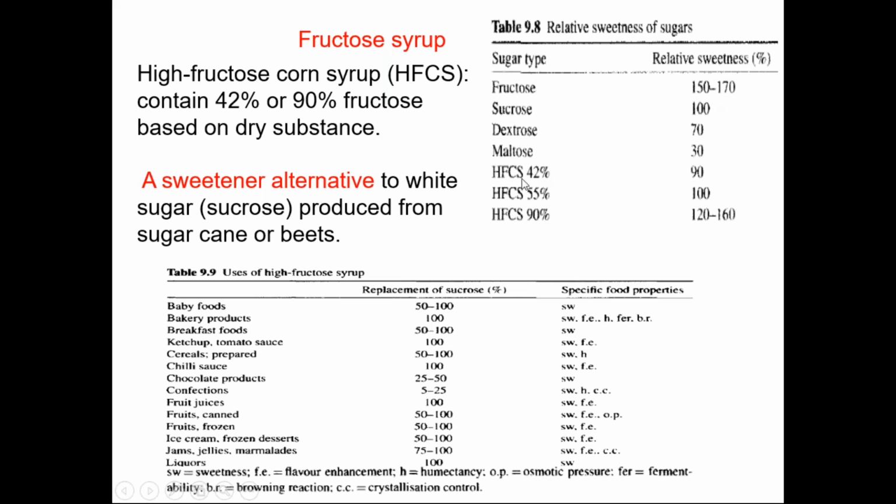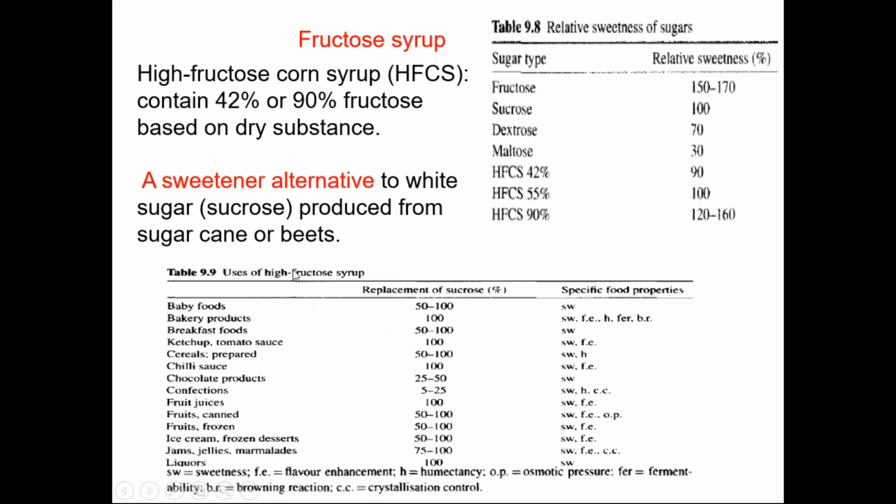So high fructose corn syrup of 42% is 90% as sweet as sucrose, and high fructose corn syrup with 55% is the same as that of sucrose. And you see, high fructose corn syrup with 90% fructose is 120 to 160 times the